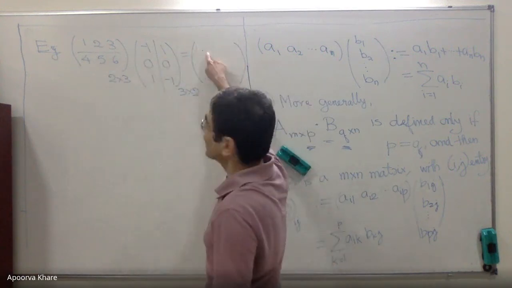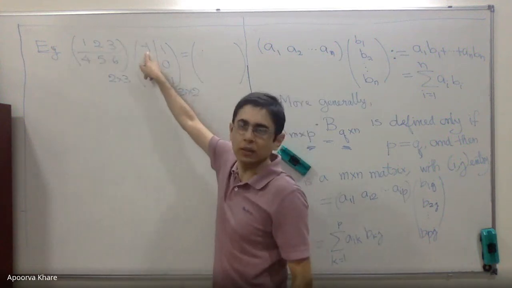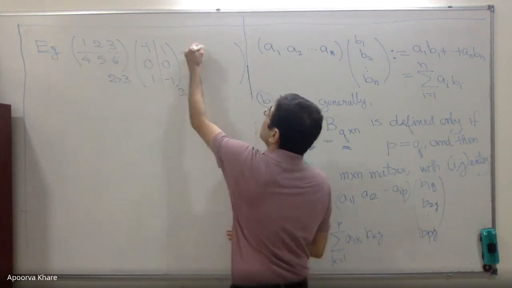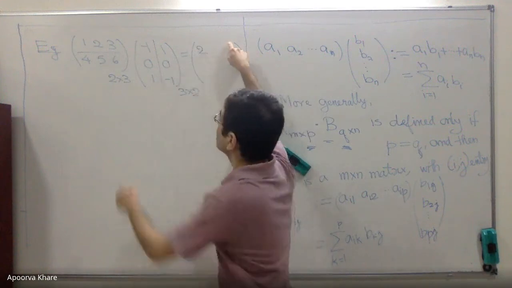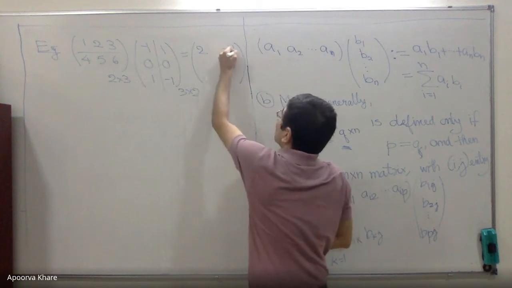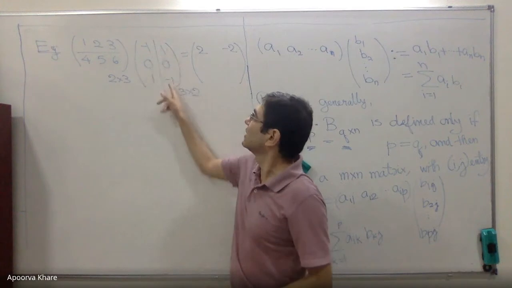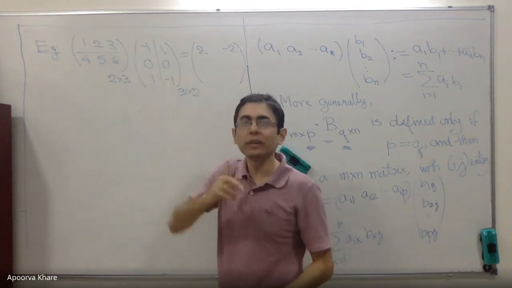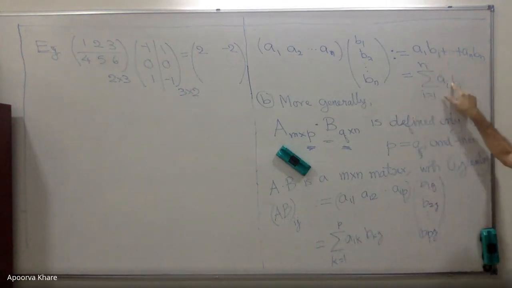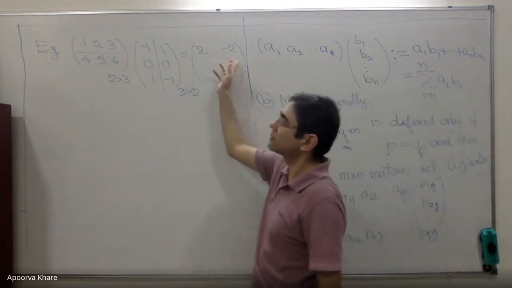So what is the 1,1th entry? It's the first row dot product with the first column. So 1 times minus 1 plus 2 times 0 plus 3 times 1. So that's just 3 minus 1, which is 2. The first row, second column is 1, 2, 3 with this one. I'm going to claim it's minus 2, and the reason is obvious. I don't need to do the calculation. This vector is the negative of this vector, so the dot product will be the negative of the dot product. Because when you take the dot product, if all of these are minus, then the minus comes out, and you just get the negative. So if I know this is 2, then that is minus 2.